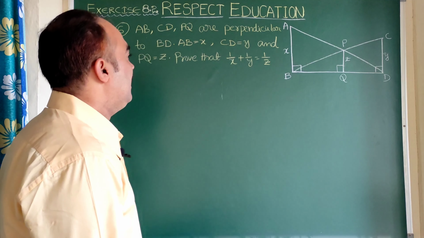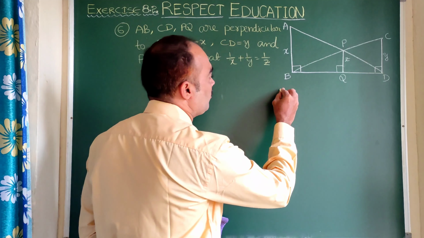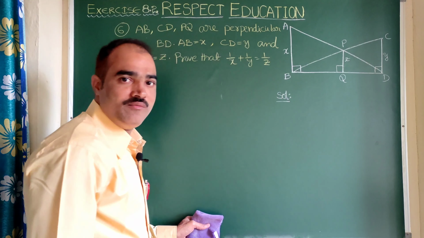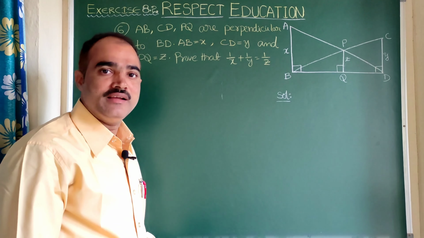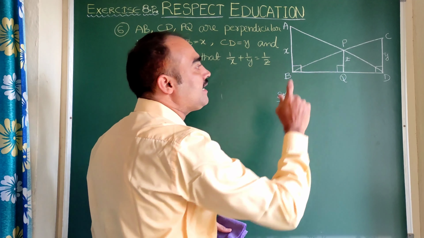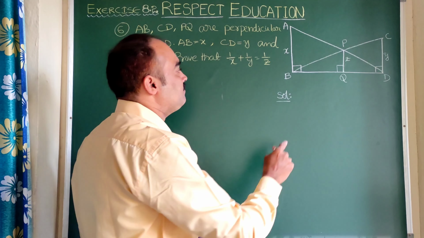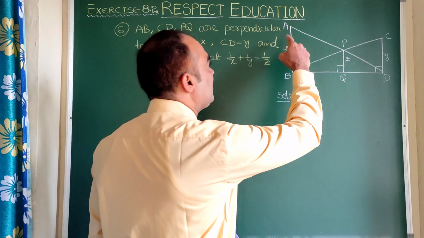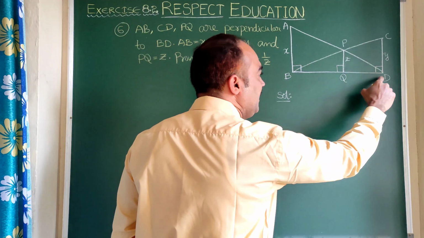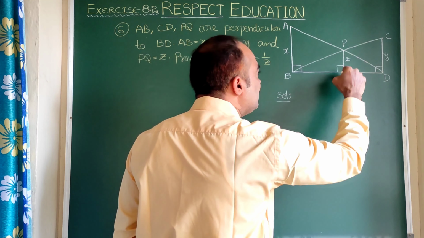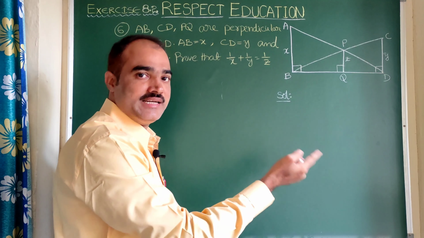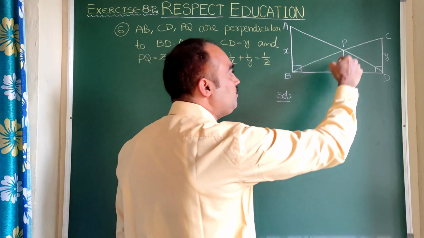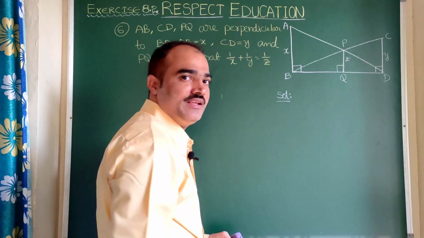So here let us start solving this problem. It can be solved in an easy way just by separating the triangles. I would like to solve this problem in two cases. In case 1, I would like to take triangle ABD in which PQ is parallel to AB. In the second case, I would like to divide the triangle as CDB in which PQ is parallel to CD.